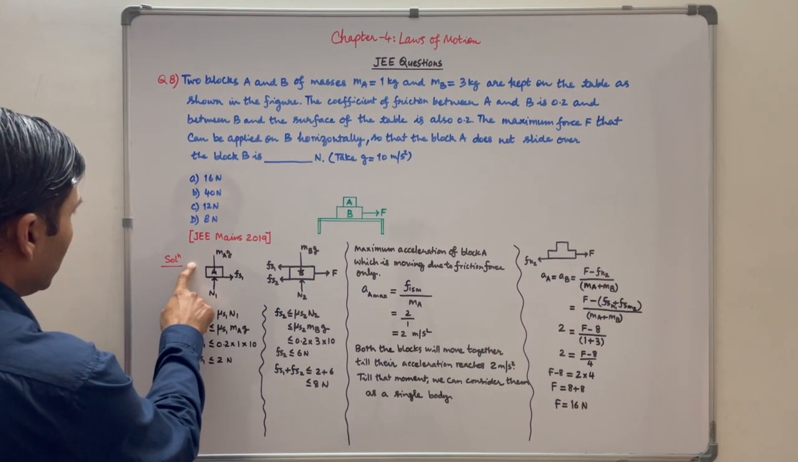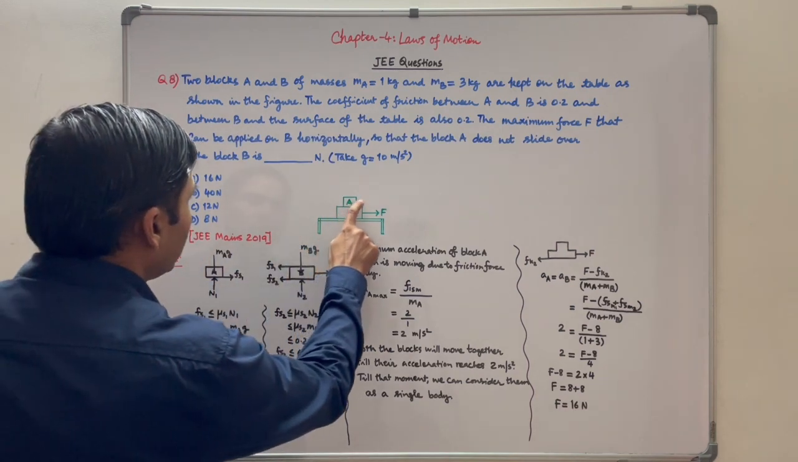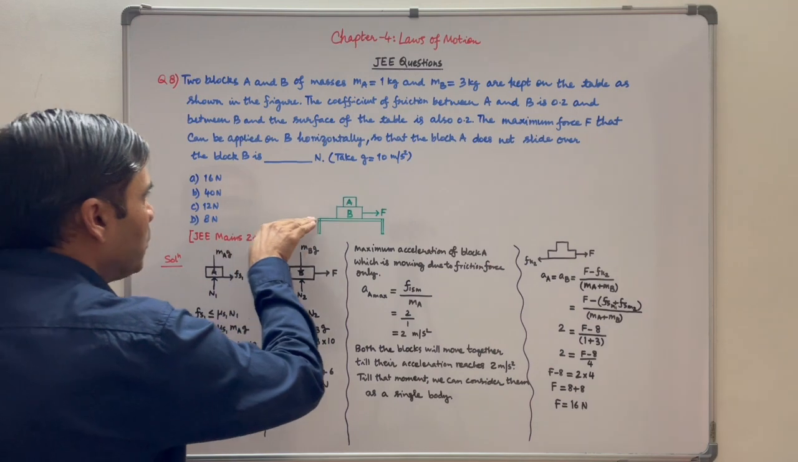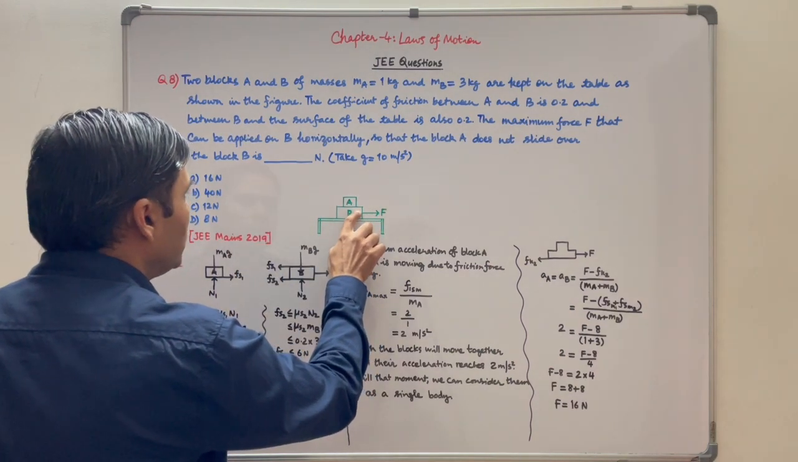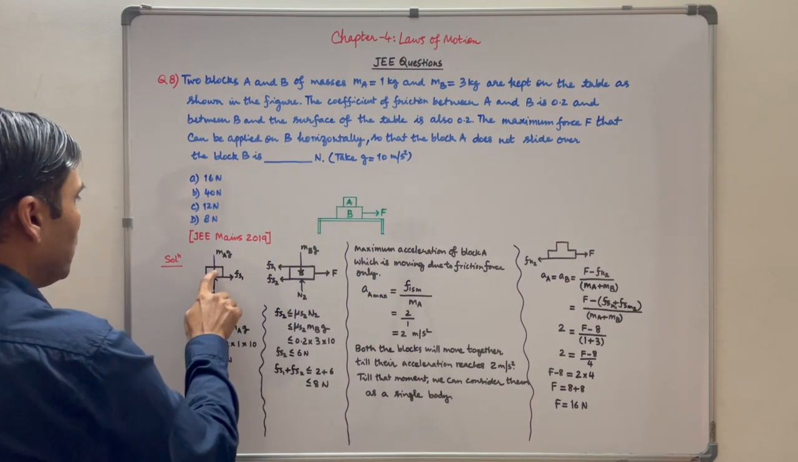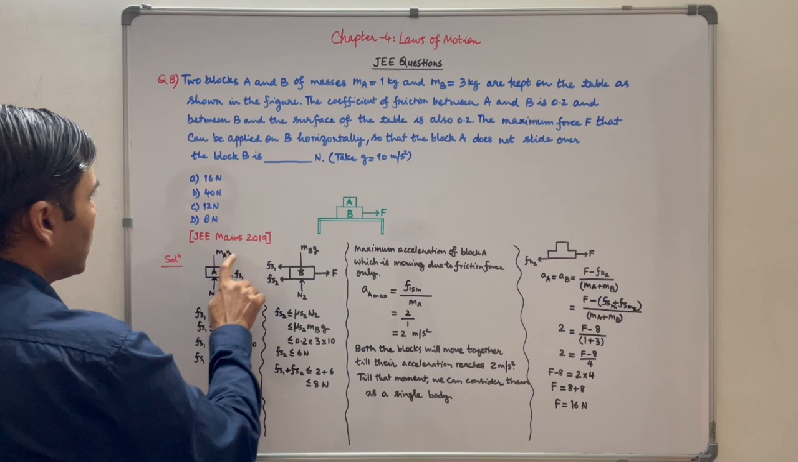First step is to find out direction and magnitude of friction forces. There is no external force applied on block A. Still, it will move in forward direction along with block B due to friction force only. So, friction force will work on block A in forward direction on its lower surface, which is in contact with